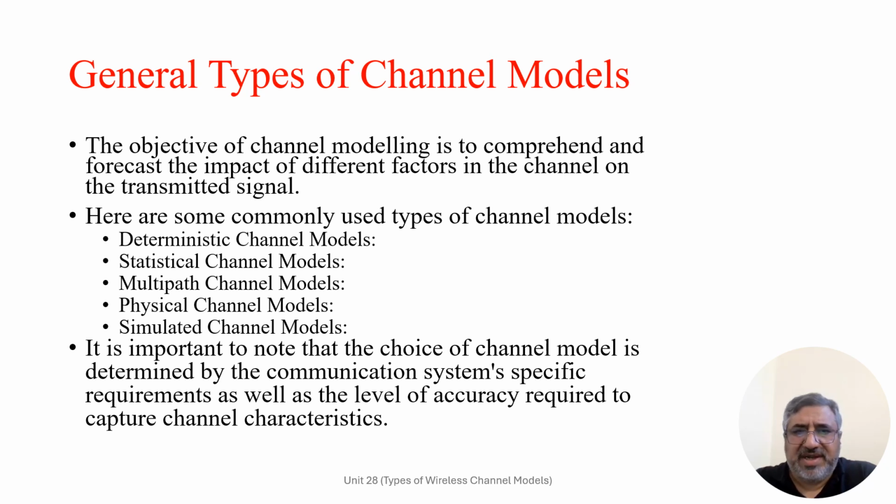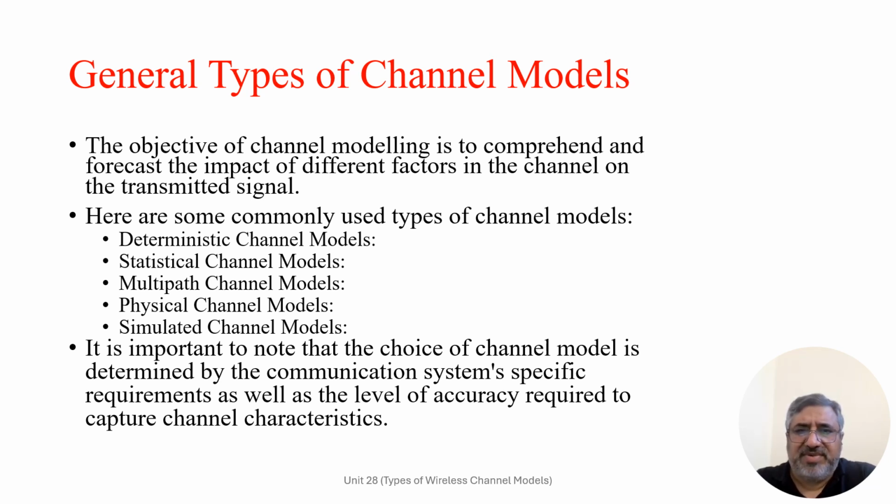Multipath channel models are specifically designed to capture the effect of multipath propagation, where multiple copies of the transmitted signal or message arrive at the receiver with different delays and amplitudes due to reflection, diffraction, and scattering. This model describes the channel as a combination of the direct path and multiple delayed and attenuated paths. Examples of multipath channel models include the Saleh-Valenzuela model, the Jakes model, and the COST 207 models. And similarly,